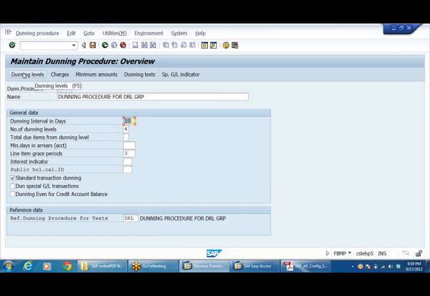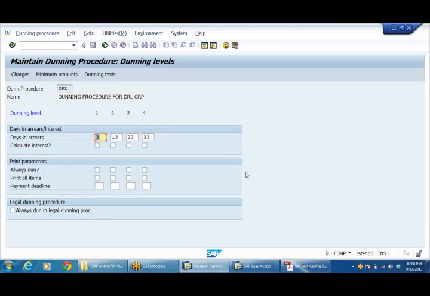Now dunning levels, if you want to see the dunning levels, click on Dunning levels. Once in 10 days. I have given a 3 days grace period, so that's why 0 plus 3, so 3 days. The first dunning letter will be generated after 3 days. In case no credit period is there, it takes 3 days because I have given a grace period.